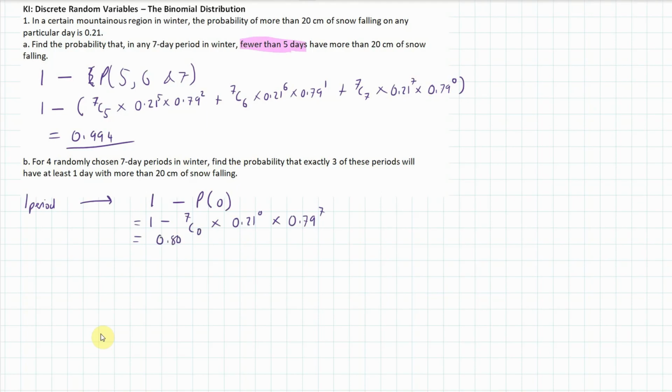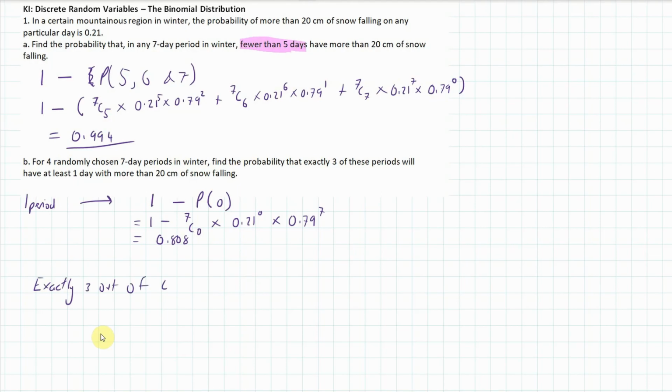0.808. That's the probability of a week with at least one day of more than 20 centimetres of snow falling. Now we want to do exactly 3